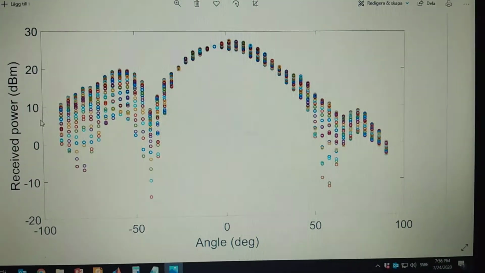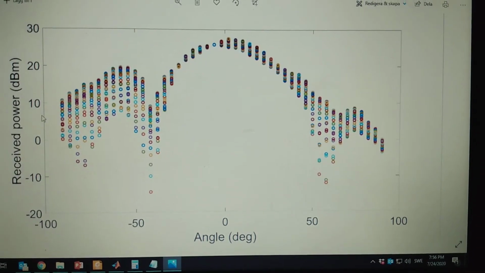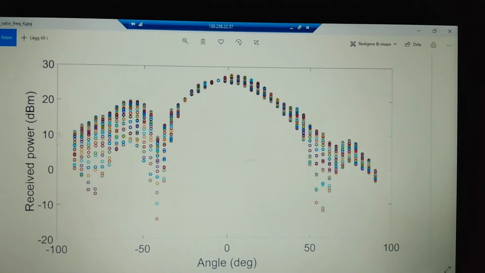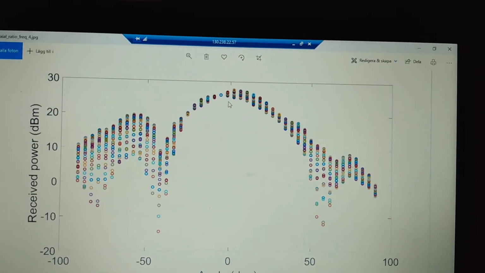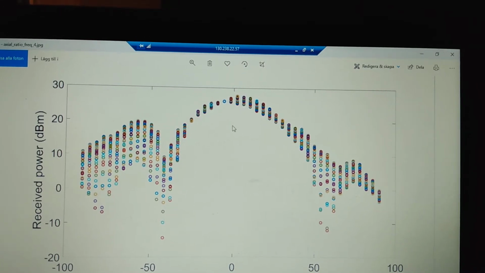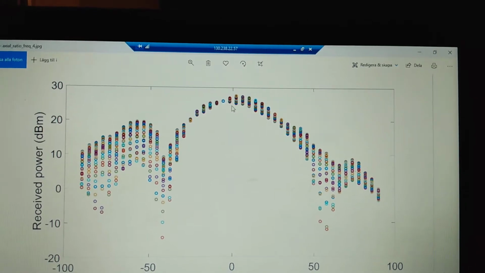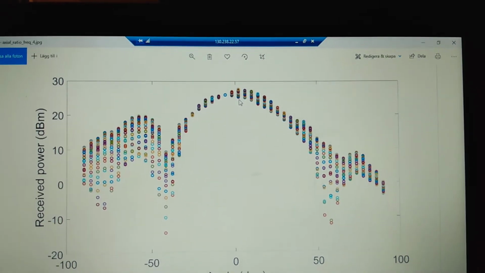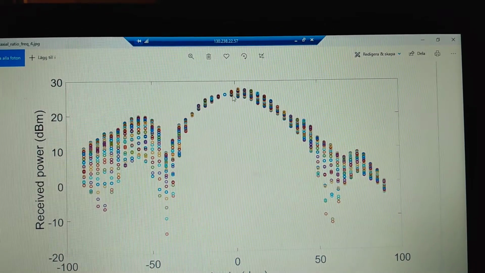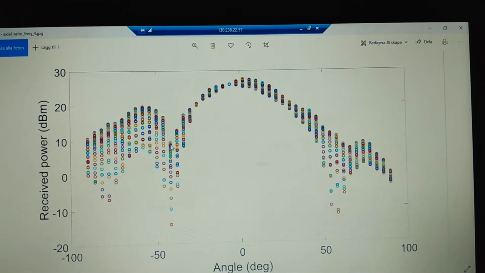And after the measurements, if I plot the radiation pattern, it will look like this one. So here you can see, for example, here it's the broad side. The antenna under test is looking at the broad side, and it's like a step of 4 degrees. So here it is -2 degrees, and here it is +2 degrees. And these are 29 steps, these small circles which you see. So these are 29 steps, and here they are more clear.